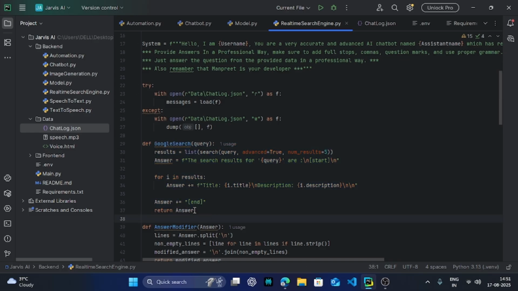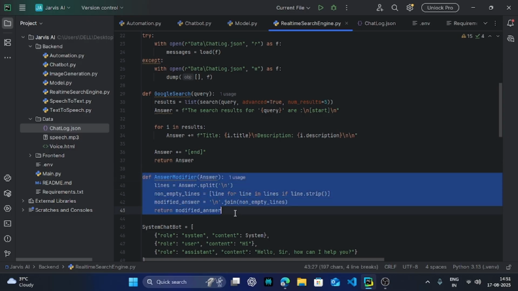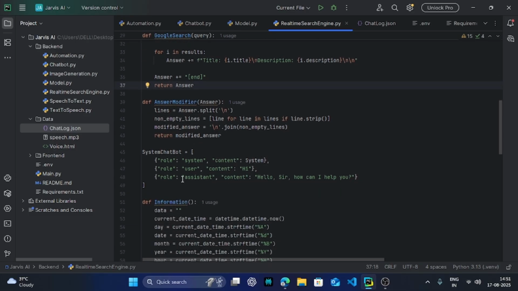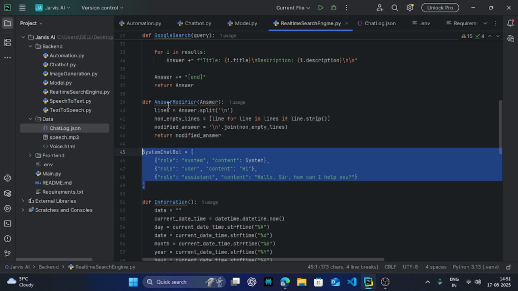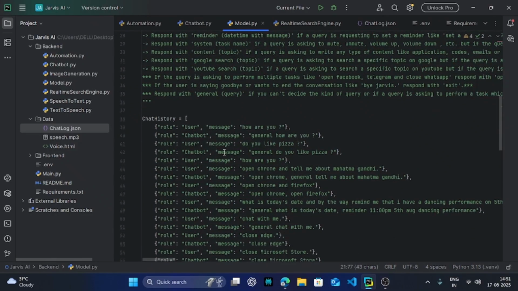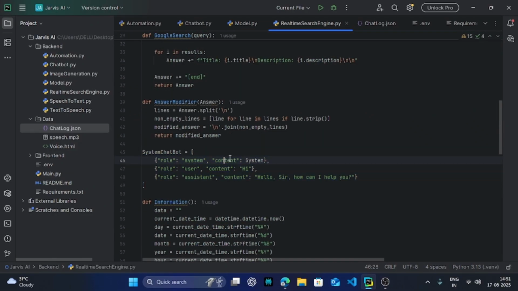Answer modified is the answer that modifies our question, meaning if it has any stars or similar things, it removes them. System chatbot is the normal system chatbot that we also saw here. Chat history is the same system chatbot.